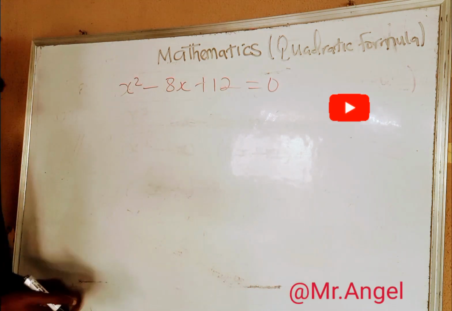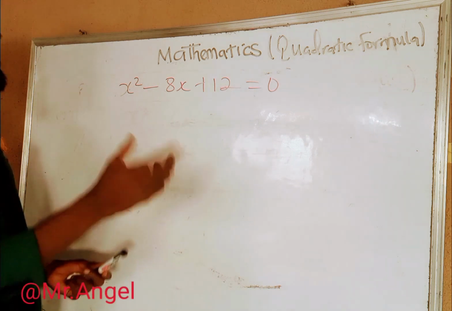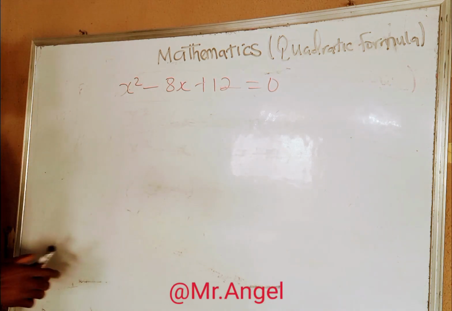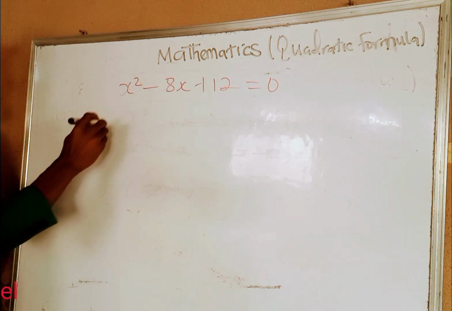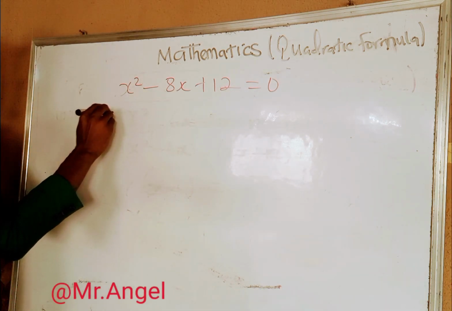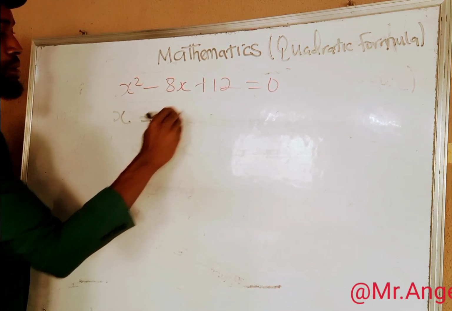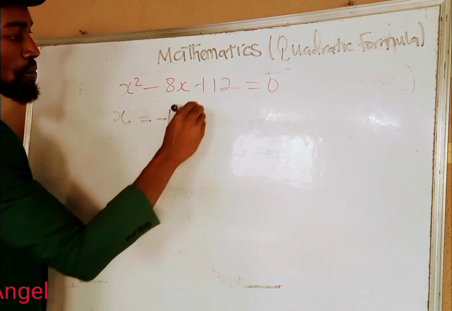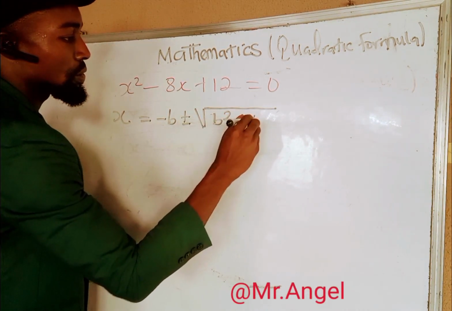Look at the board. The equation is on the board: s squared minus 8s plus 12 equals 0. Now from here, we already know that we're going to use the quadratic formula. So what is the formula that we're going to use? The formula is s equals minus b plus or minus the root of b squared minus 4ac,